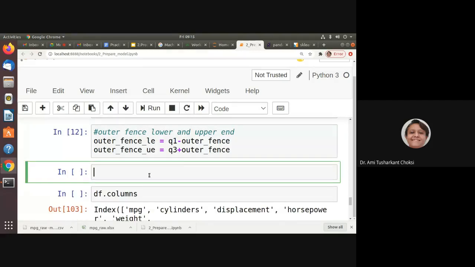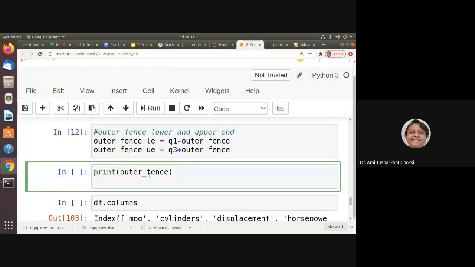This is Jupyter notebook, isn't it? Our CSV file is available on the local drive only. Print outer fence LE, and outer fence UE, right?